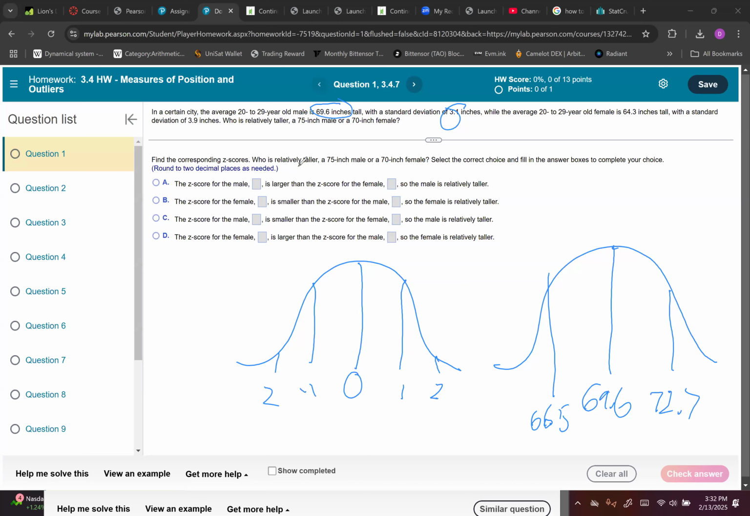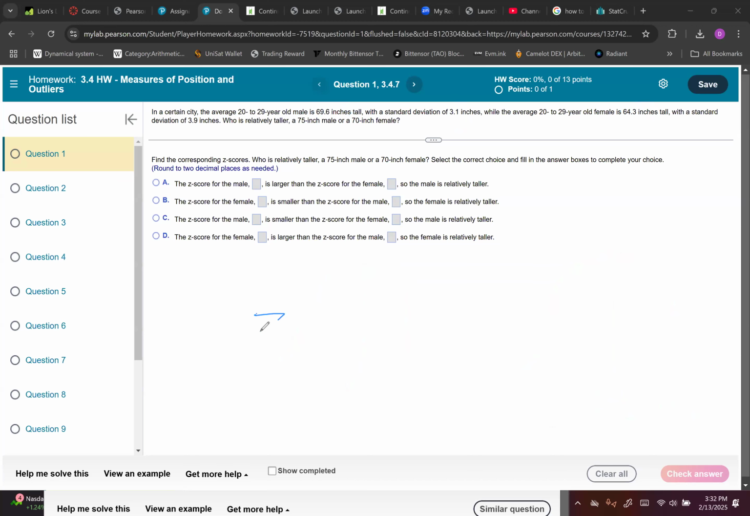So in the first question, we're asked to find the z-score corresponding to someone 75 inches tall, for a male or 70 inches for a female. So over here, I can't see this because mine's blocked. We have the female information: the mean is 64.3 and the standard deviation is 3.9. So if we were doing this by hand, the formula for z-score is z equals x minus the mean,